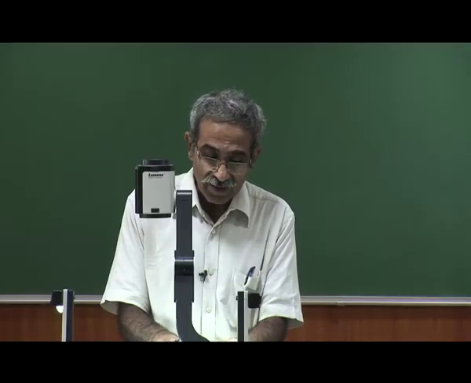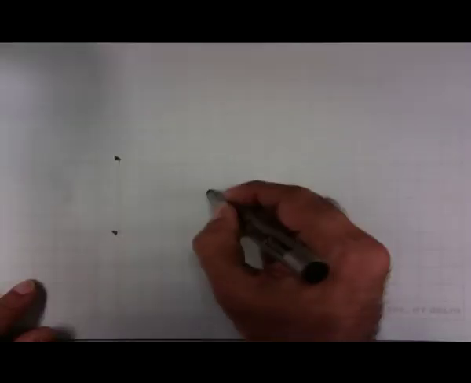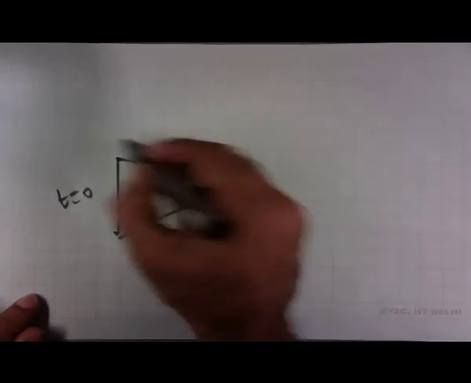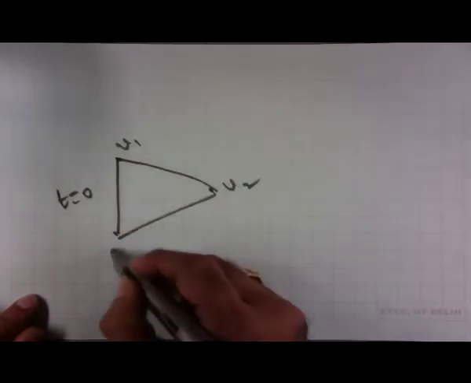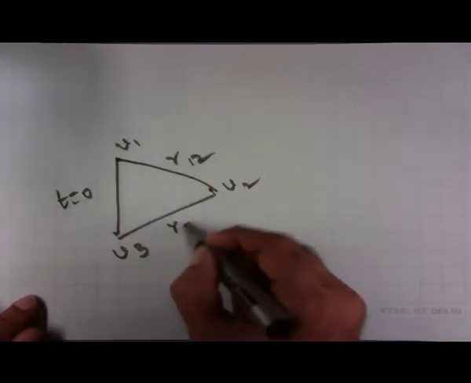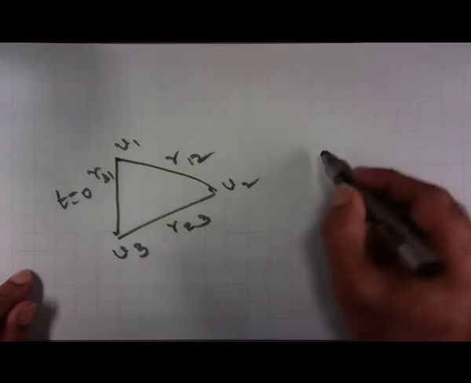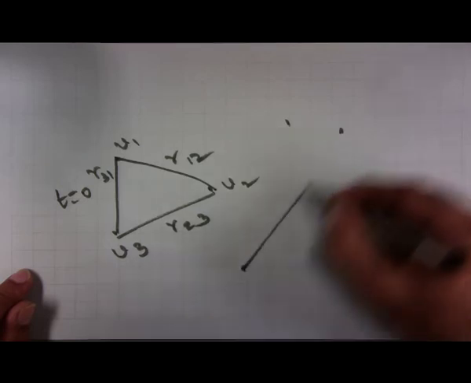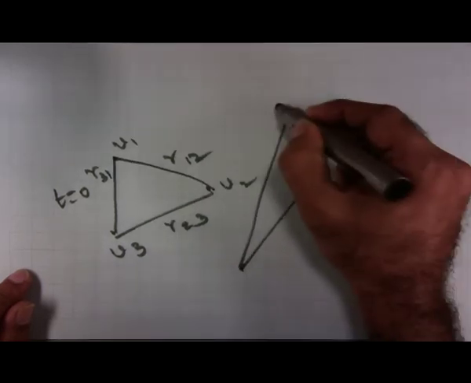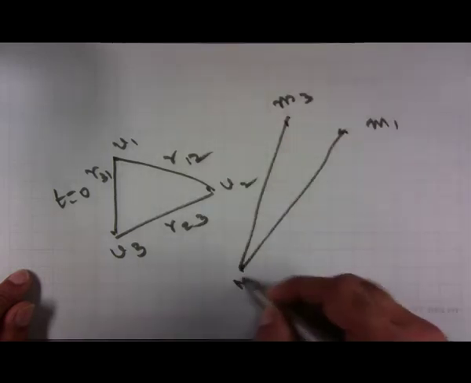So what is the role of the conservation of energy? Now I will say, these three masses are given at a certain time t equal to 0. So there is a velocity v1, v2, v3 at time t equal to 0. So you have r12, r23, r31. We can at least ask the question whether at a later time this configuration is possible. So I will draw these lines. So my mass 3 is here, my 1 is here, and 2 is here.